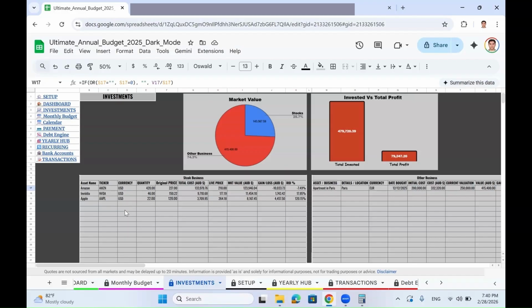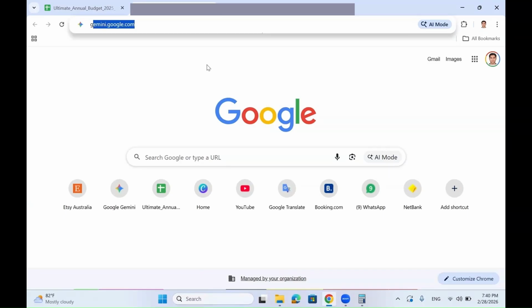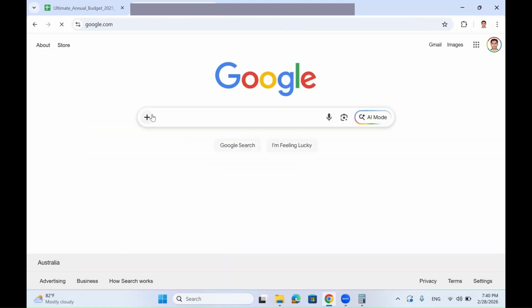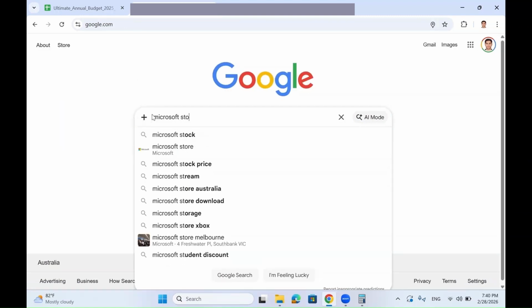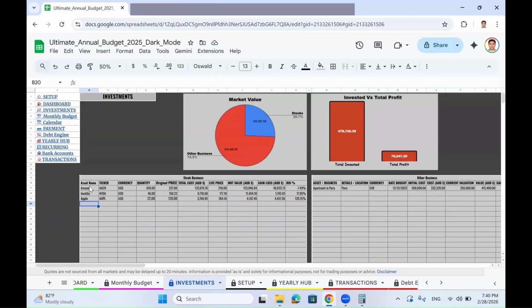Now, the lovely tool that I really love. Here, you can add all of the stocks that you have bought or invested in so far. So, for example, let's go to Google and search for Microsoft stock. Yeah, so Microsoft stock is MSFT. Then in the ticker, you just put that one and it will find it. So Microsoft. For example, you bought 50 or 40 shares and you paid